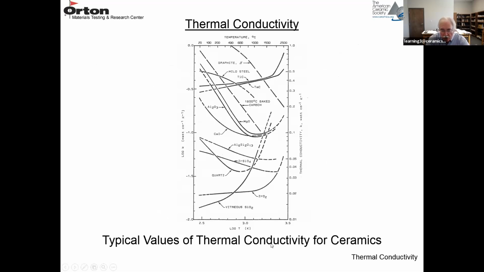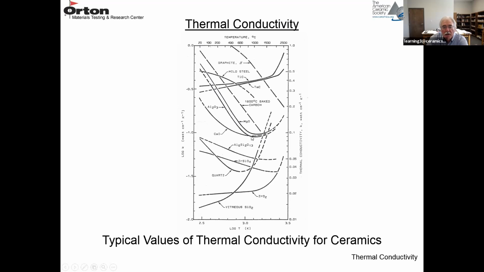So here's a plot of basically thermal conductivity versus temperature for different refractories and ceramic materials. MgO is near the top, so is alumina. And if you look at the shape of these curves, we're starting at about room temperature and going up to high temperatures approaching 2500 C. You can see this drop in the conductivity. That's the 1/T drop. So as the temperature increases, the conductivity drops as a 1/T relationship, and it starts to